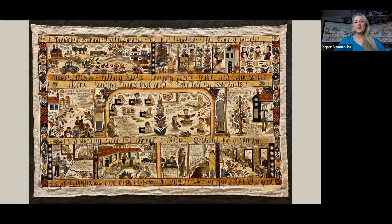And this is a southern Swedish bonadsmåling. So no Kurbits, but lots of little circle clouds, little fillers, the script that runs throughout. And the bonadsmåling told their stories almost like a comic strip, lots of little squares. And so the top panel here